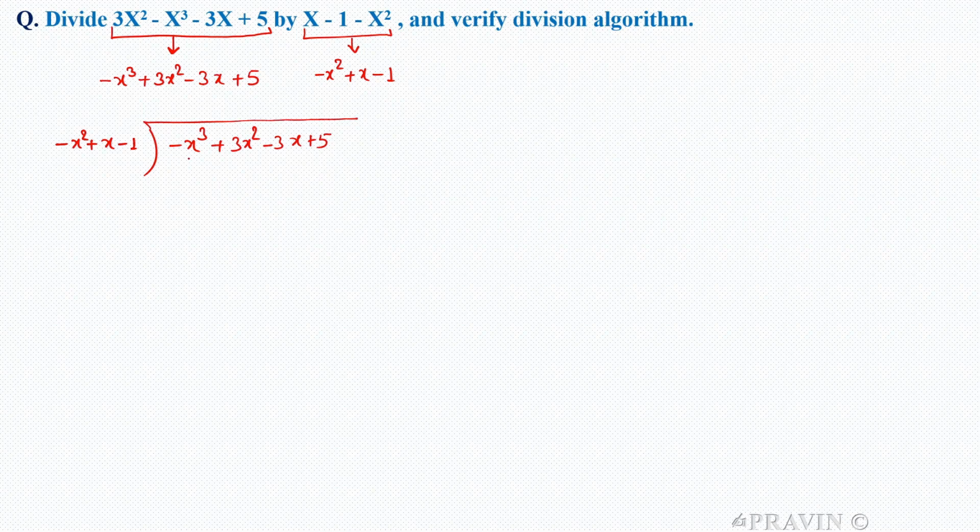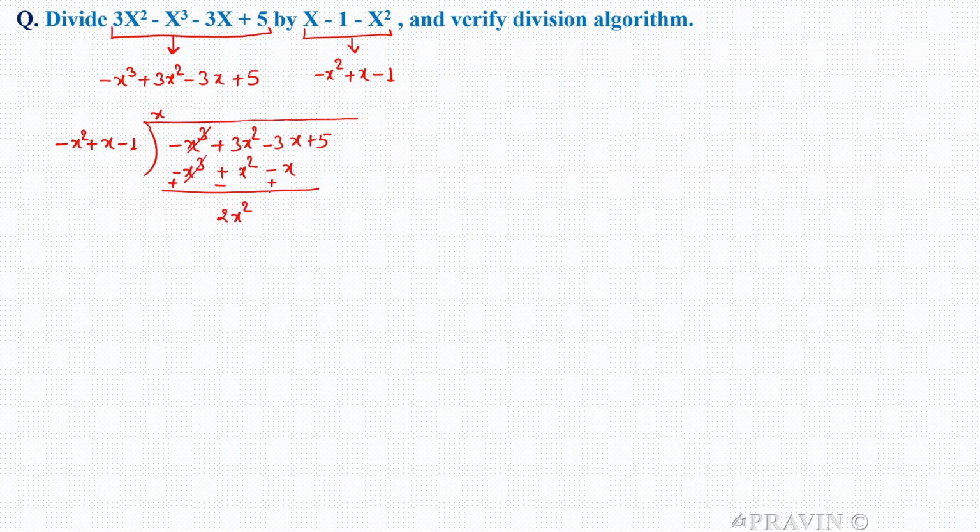Again, you always try to eliminate the term having the highest degree. Here, this is the term you need to eliminate, the first term. For that, you have to divide it by x. And when you multiply this divisor with this x, you will get minus x cube plus x square minus x, and for subtracting you need to change the sign, plus minus plus. This term will vanish out, and here you will have